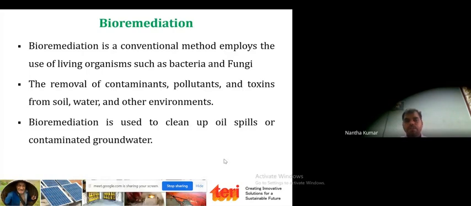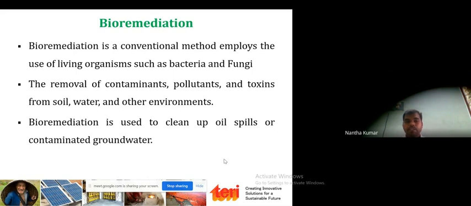It may be a group of pollutants or a single pollutant, each with its own toxicity level, in the environment, like soil, water, and other environmental matrices. These natural bacteria or fungi have a very good mechanism to secrete enzymes that degrade or remove this pollutant from the environment.